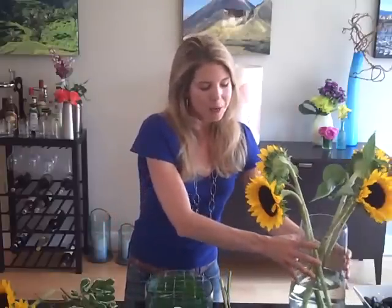Well, today I'm going to give you some quick and easy ideas on what to do with sunflowers. They're in season now, they're beautiful, inexpensive, and a great flower for summer entertaining. So what most people do when they buy sunflowers is take them home and just plunk them right into a